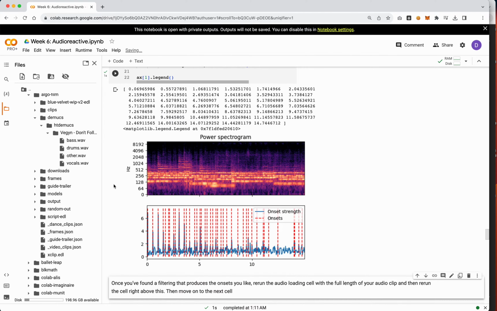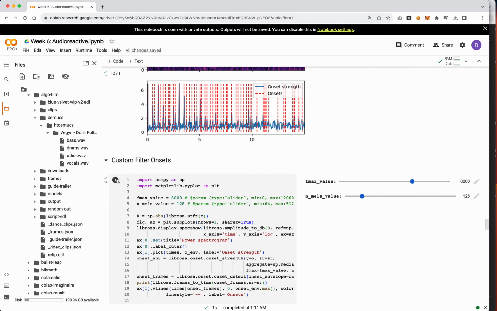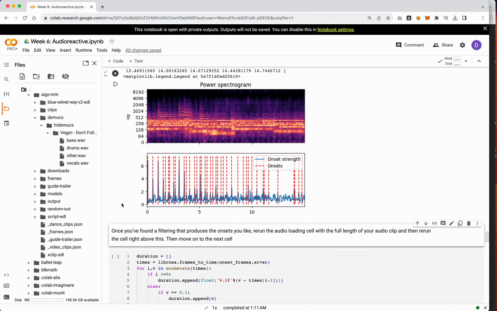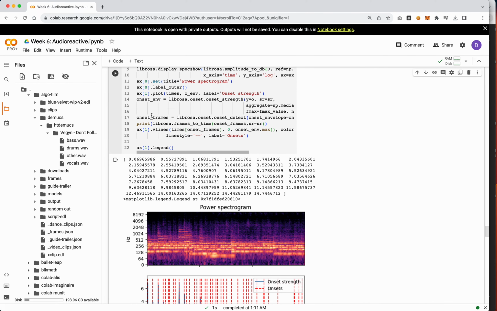And actually we see a slightly nicer graph. This is missing some of these noisy parts in here, right? It's actually a little bit cleaner already. But let's see if we can clean this up even more. I've played with this a little bit, so I know that if I lower my Fmax value, let's go to 2400, and if I increase my Nmels value, I should get a smoother output. And what I'm really looking for are these red lines, because these red lines are going to determine my cut points in my edit. So if I scroll on here and run this again,